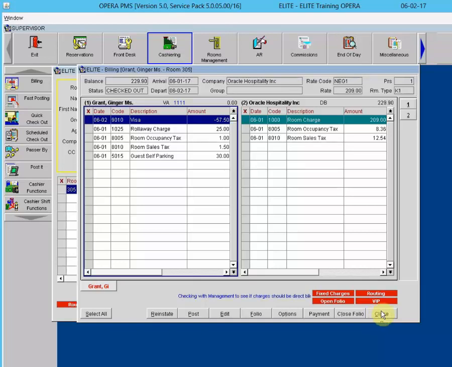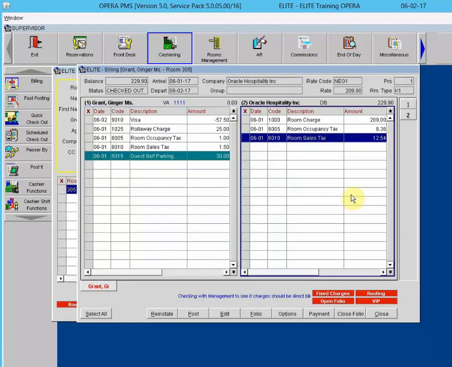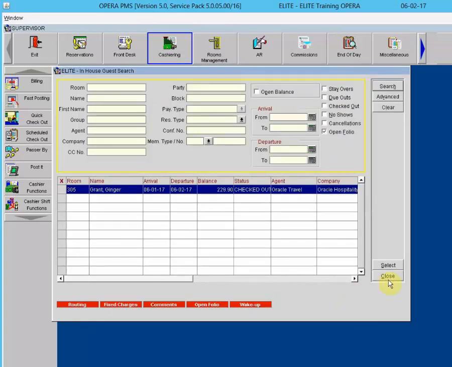Okay. So that is the billing screen. We went over all the items down here at the bottom. We went over the options. We also yesterday, during our Cashier 1 class, went over the right click. We learned how to make an adjustment. We learned how to check out with an open folio. We learned how to move charges from one window to another. Okay. We also learned how to use the dashboard. All right. So now,